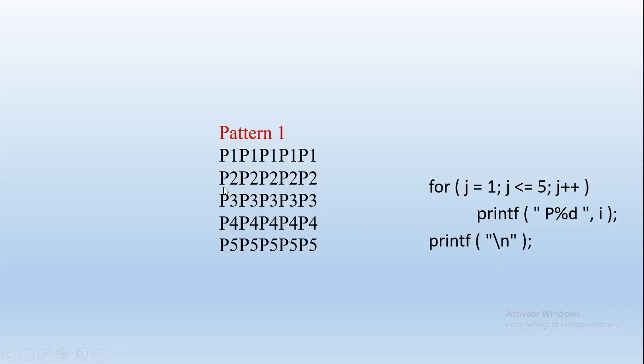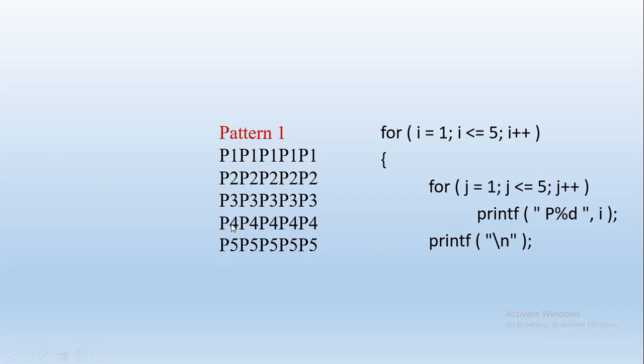Now the cursor has come to the second line, but we need to increment the value of i. If we don't increment, it remains 1. We want to print 2 and then 3, P4, P5, and so on. We have to increment i. So i starts from 1, row number 1, and then 2. Every time it increments by 1 up to 5. So we will take the outer for loop, another for loop for the value of i, the row number, which starts from 1 and ends at 5.